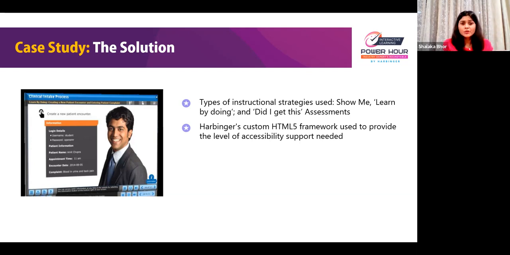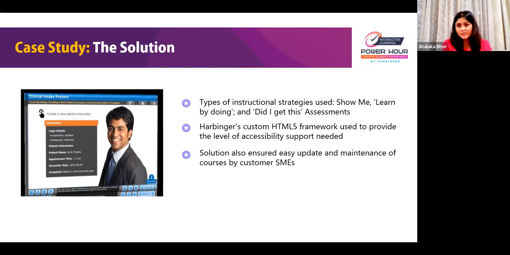And we also ensured that we followed best development practices, like we validated our HTML code for our framework using W3C standards. We also did a thorough UX review for our navigation panel. And we did test that it can be used without using a mouse.